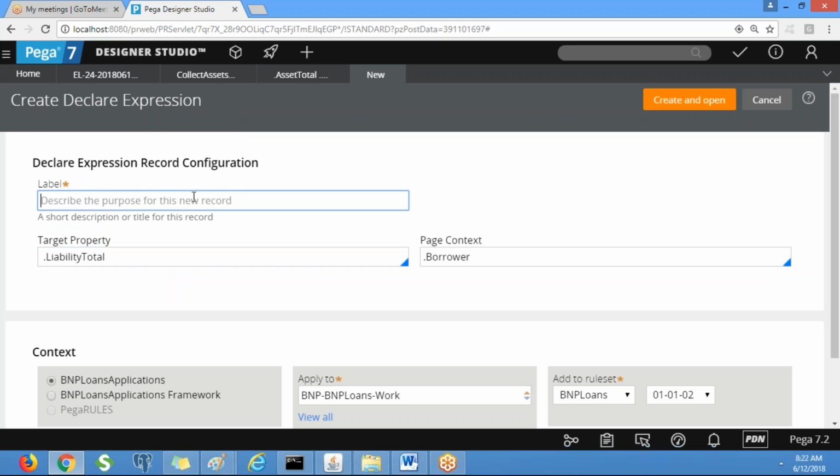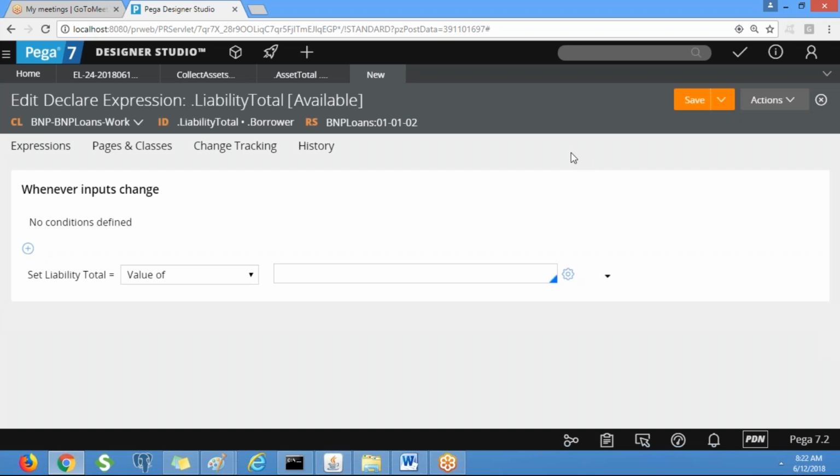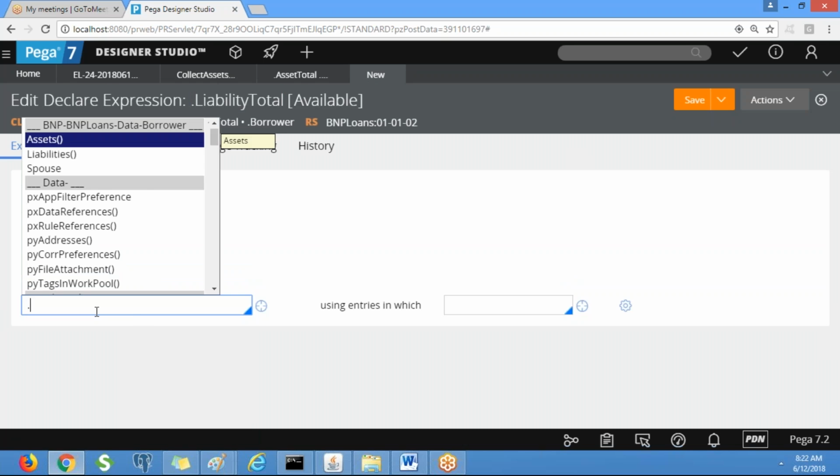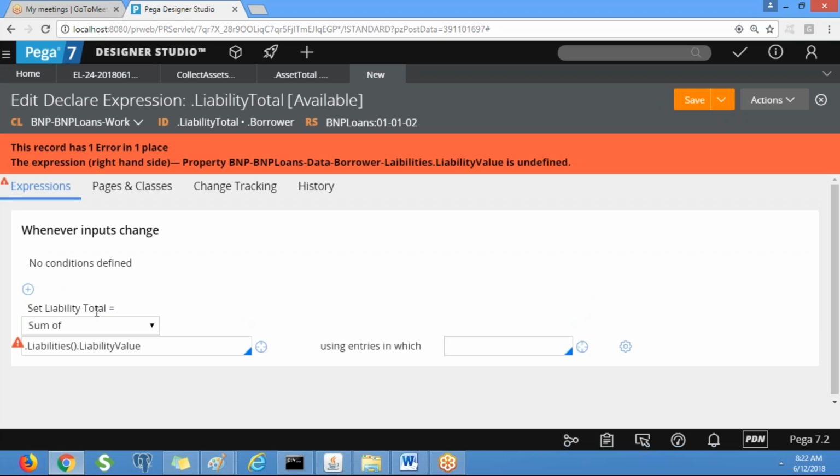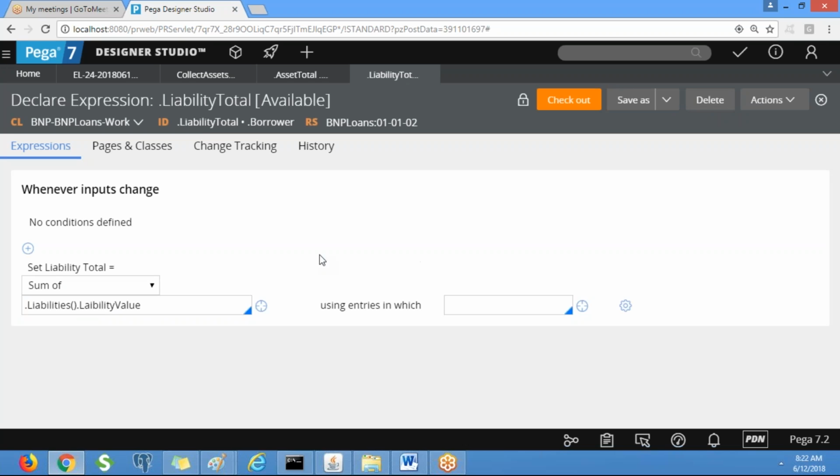Label: calculate total liabilities. Same, sum of liabilities dot liability value. Spelling mistake. Liability value. Okay.